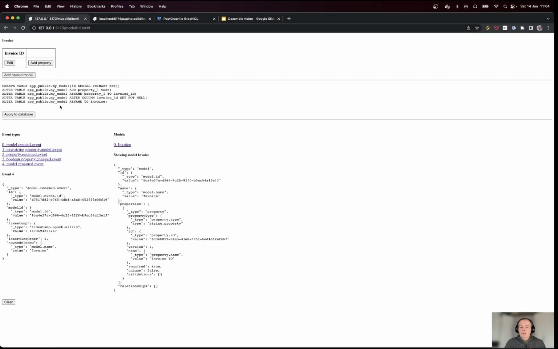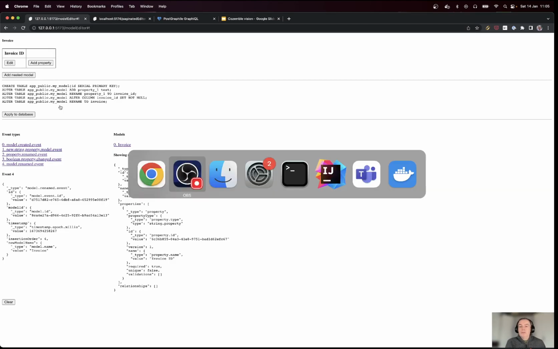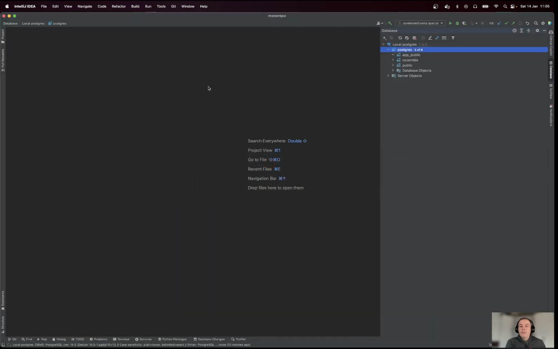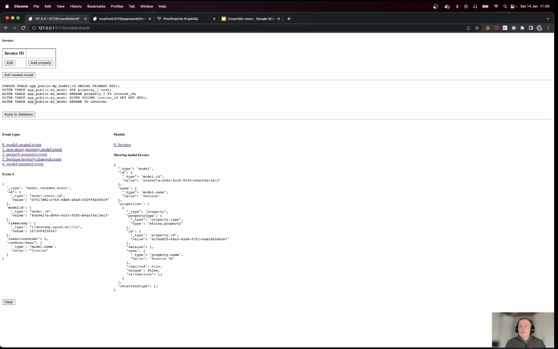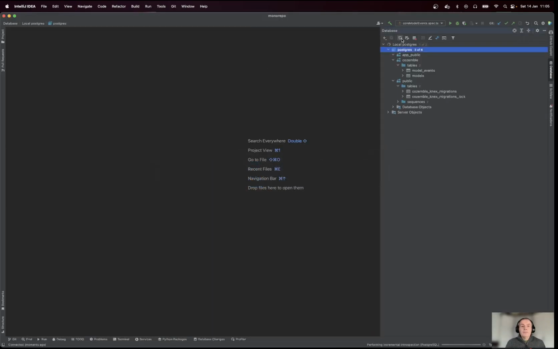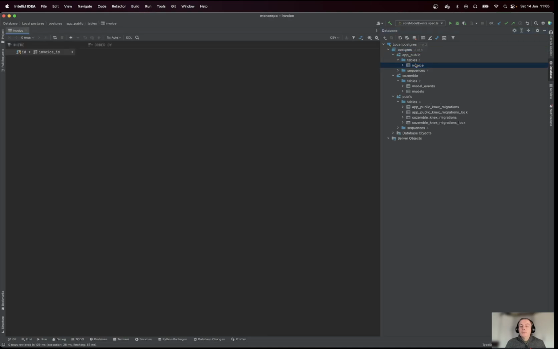And I can now apply that to a database. So let me first of all show you that this is the database and it's empty. It's got a Cozemble schema for its own needs. It uses the public schema of Postgres to manage next migrations. So this is using the next migration library to do migrations like a normal developer would, I suppose. So if I apply this to the database, and I go back here and I refresh,